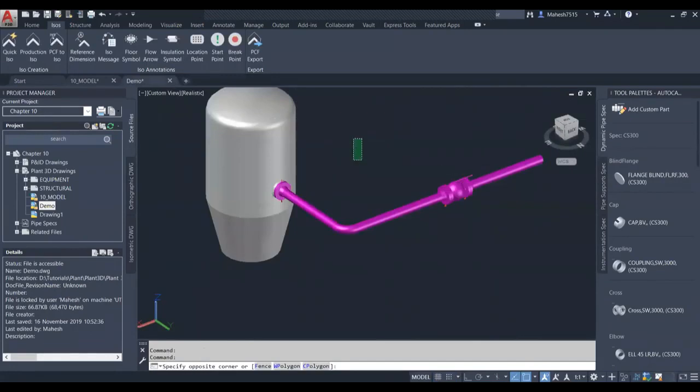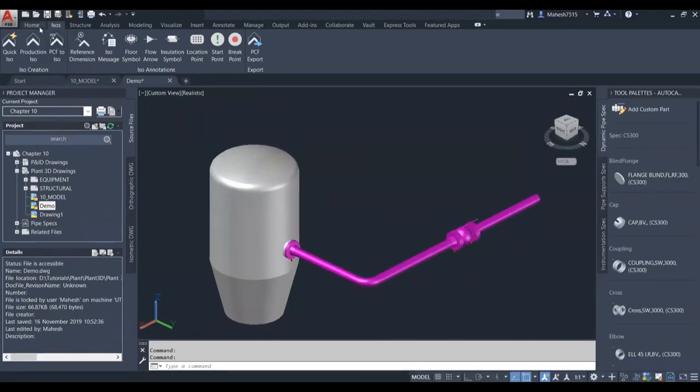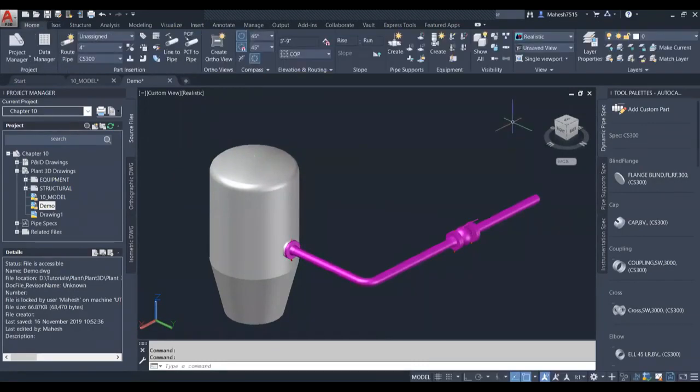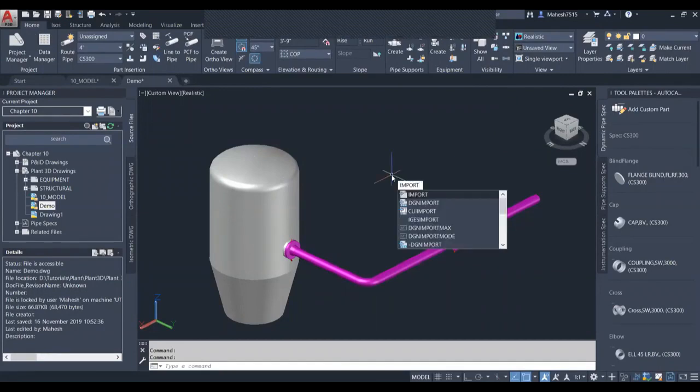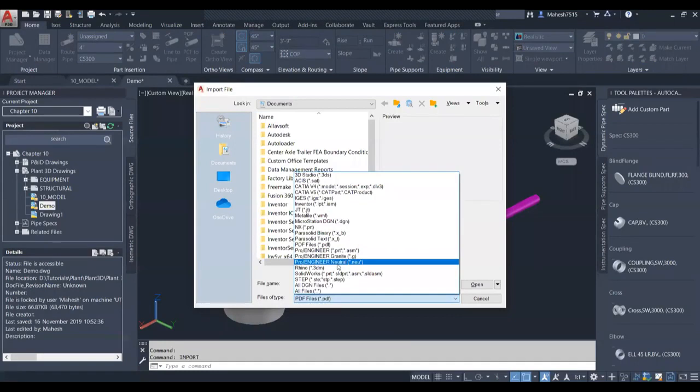Okay. So in case you are going to bring an equipment which you didn't create, which is given by a customer, or which has to be designed by you in some other tool, we have an option for that also. But if the tool is Inventor, it is easier for you to bring a component here and start routing your pipe. Because AutoCAD can import all the files. That's not an issue. It can import all these types of CAD data into AutoCAD directly, be it CATIA, IGS, SolidWorks, ProE, every file can be directly imported here.